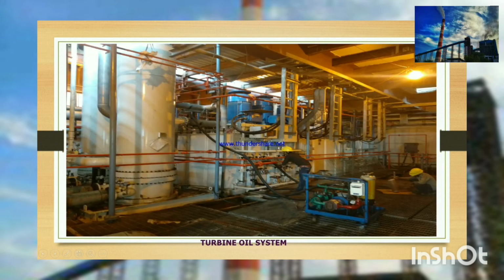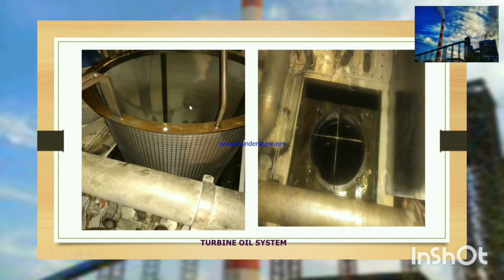Going to the side photo, it is the main oil tank and these two are auxiliary oil pumps. These two are coolers. It is the bucket strainer. That is, the bucket strainer is provided in the return line of lubricating oil. When the lubricating oil passes through the bucket strainer, foreign material and dirt particles are deposited in it and the fresh oil comes to the tank. It is the housing of the bucket strainer.